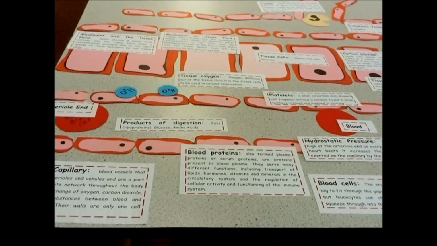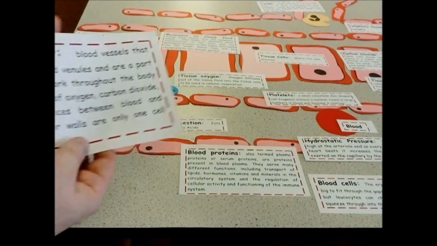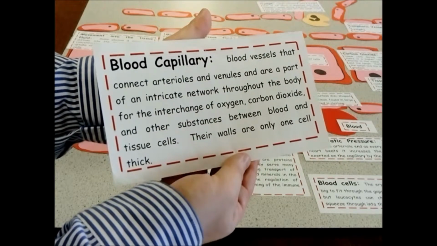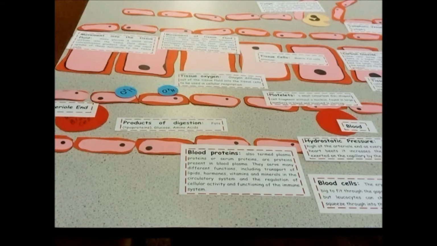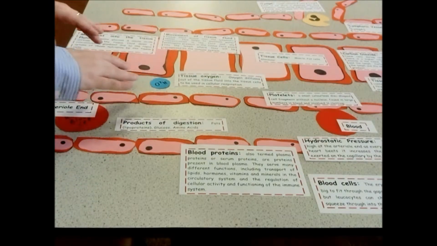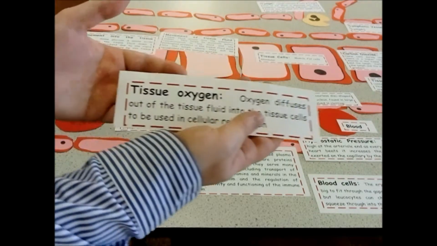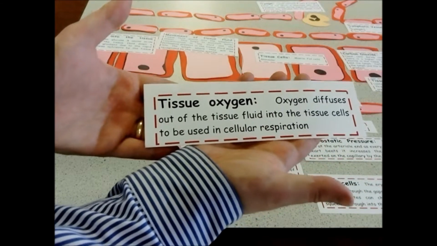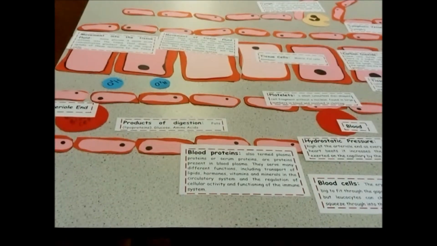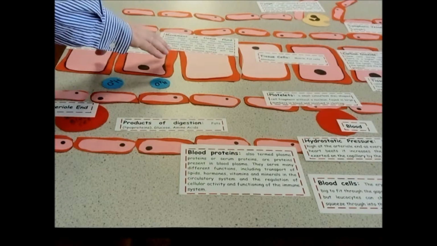Remember that the capillary is nice and thin. It's only one cell thick, so it's got a very, very short diffusion distance for the water to move. Once the water has moved into the tissue fluid, it carries with it oxygen. So oxygen diffuses out with the water that's moving into the tissue fluid. The oxygen is then used by the tissue cells